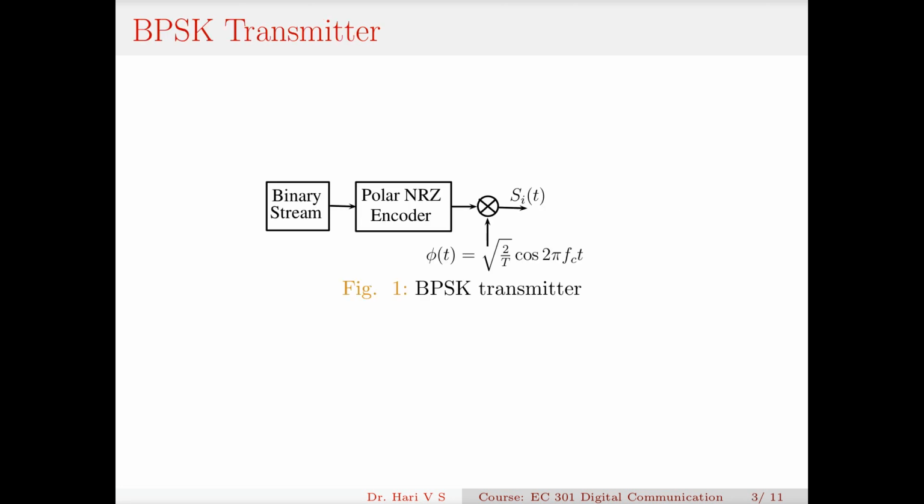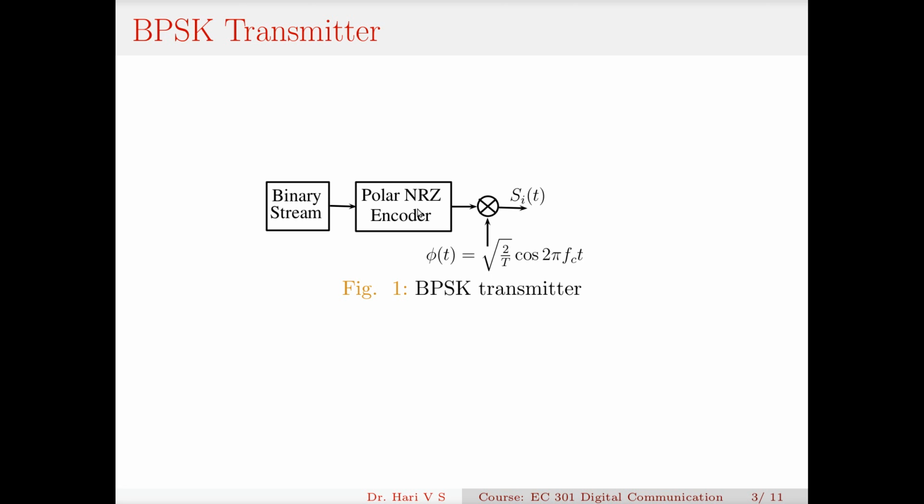So in the last video we discussed the mathematical model of BPSK, which says that the BPSK signal is nothing but the bit sequence b(t) times root of 2 Eb by T cos 2 pi fc t. First there is a binary stream of ones and zeros coming in. Then that is converted by a bipolar non-return zero encoder. This is nothing fanciful: the streams of zeros and ones are converted into streams of -1 and 1, making it a bipolar